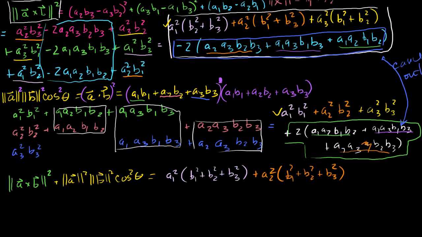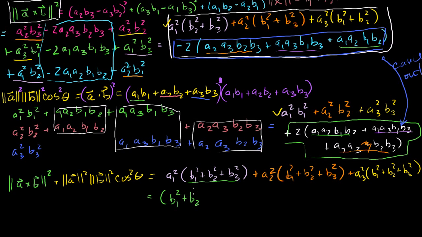And then finally, in yellow, you have plus a3 squared. Sorry, I'm trying to do that in yellow. You have a3 squared, and you have b1 squared plus b2 squared plus b3 squared. And if you see, we're multiplying all of these things by this b1 squared plus b2 squared plus b3 squared. So we can actually factor that out. And we get something very interesting. So this is equal to, if we factor this thing out of all of the terms, we get b1